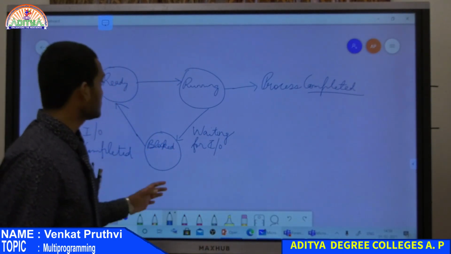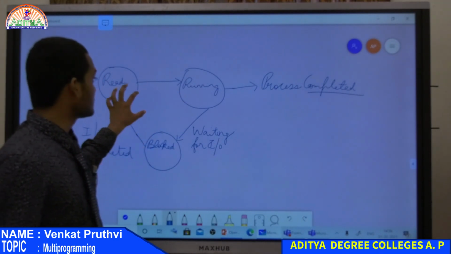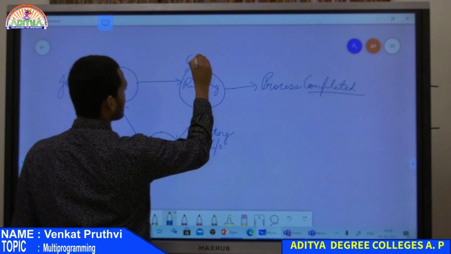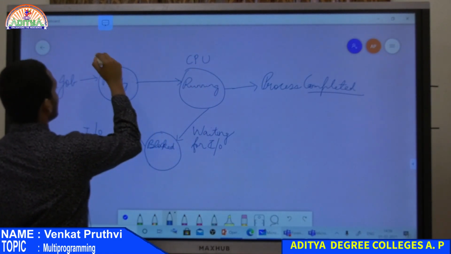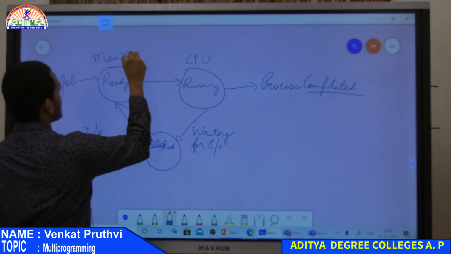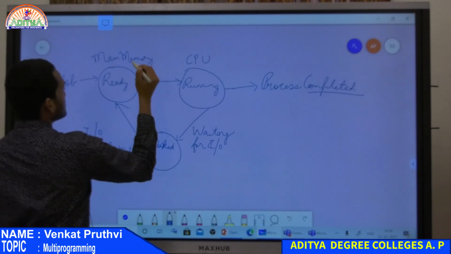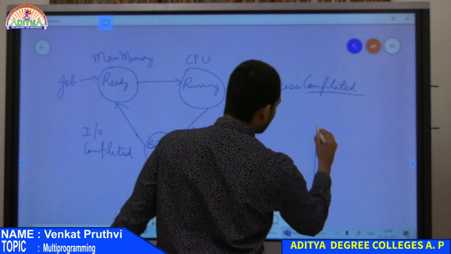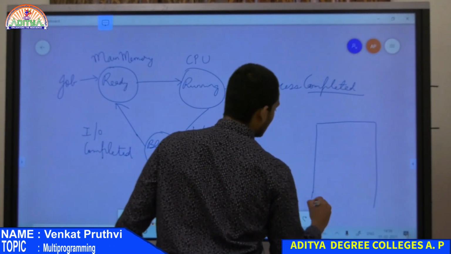Okay, this is what we were previously looking at. This is the diagram that we are trying to understand. So this state is called the CPU. Over here it is CPU, and this will be your main memory. Okay, because in your main memory is where, suppose this is your main memory, let's suppose. Okay, and